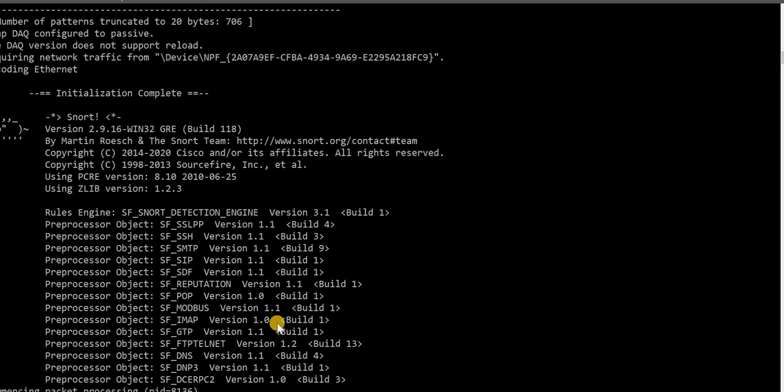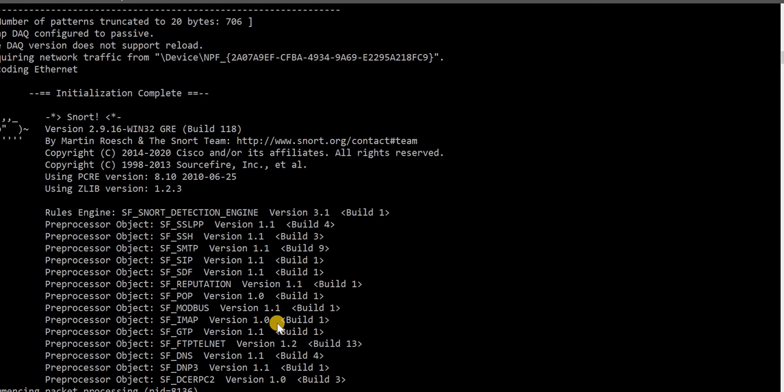It waits for the network traffic and accordingly generates the triggers. Snort basically tracks each and every network packet, and it checks the payload as well as the header of the packet.